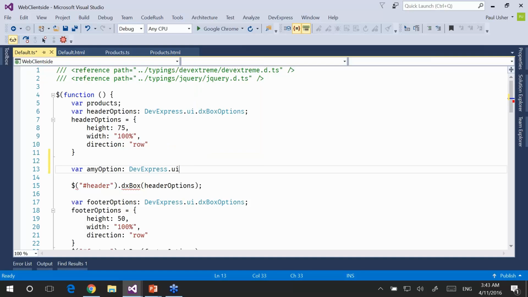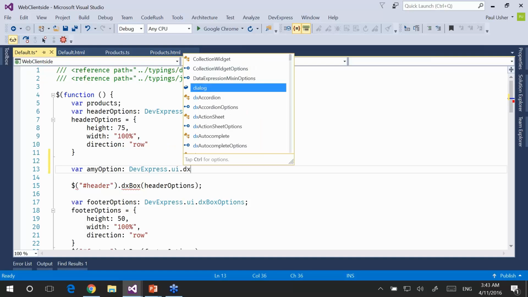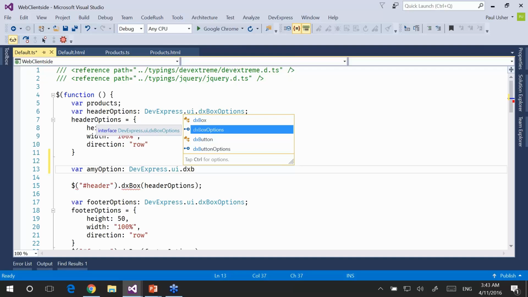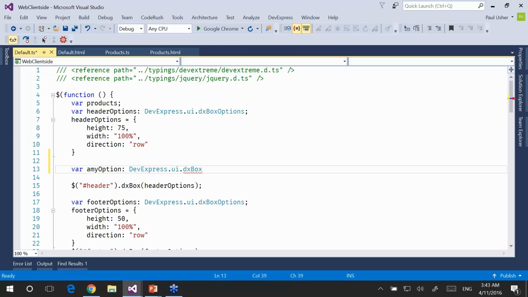DevExpress.UI.DXBoxOptions. Now, here's a trick for young players. If you think you're working with a DXBox and you choose DXBox instead of Options, you start thinking you're going absolutely mental, because I go DXBox and I'll